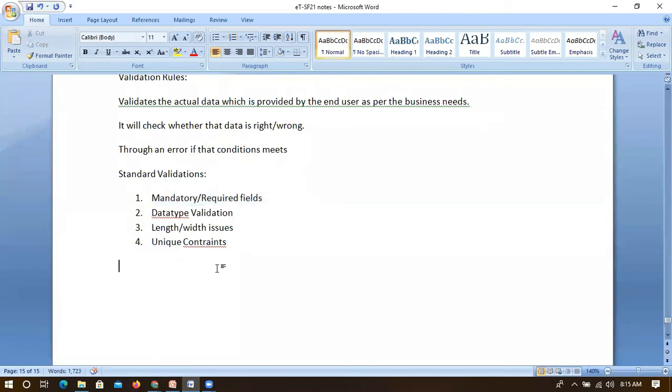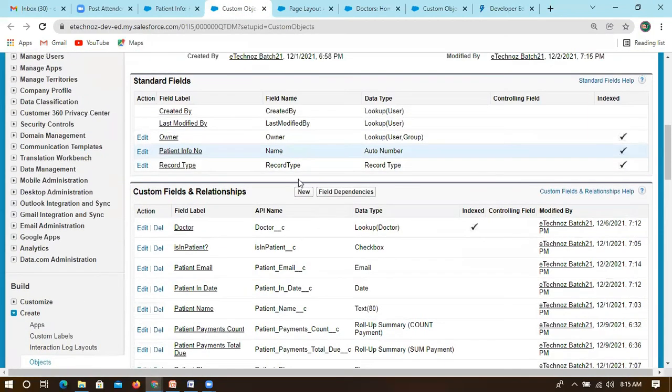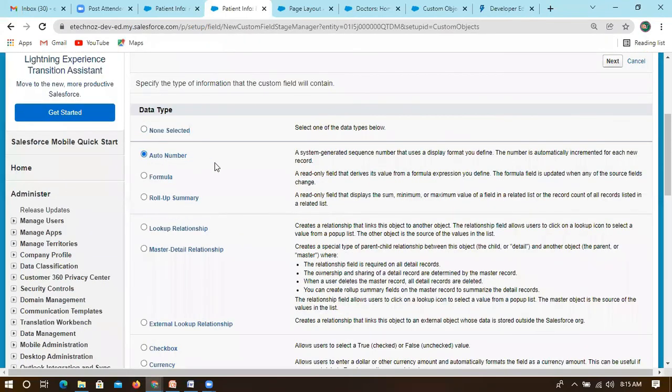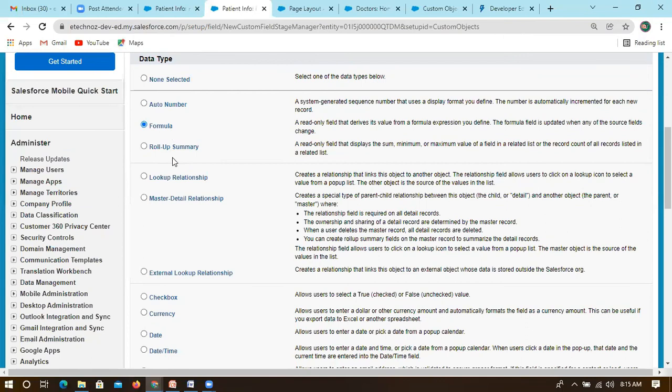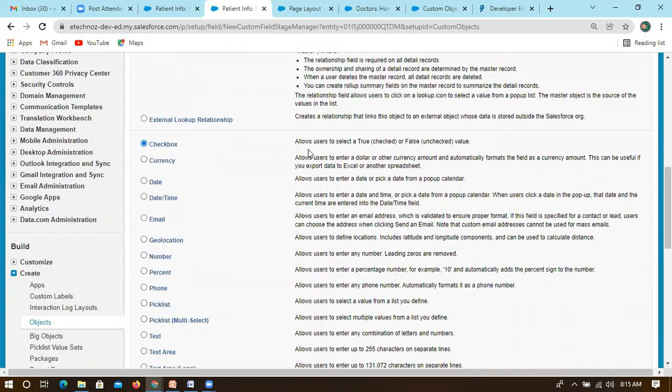Let's take in which scenarios we will be using something called XML IDs. When you are creating a field itself, let me quickly create a new field. Let's take auto number, which is a different format, and formula, which is also a different format, relating two or three fields based on another field. If you have a checkbox, the user cannot enter text. If you mention currency, it will consider only currency. Based on the data type, it will pick only that information. If you mention the email data type, it will check only the email data type.